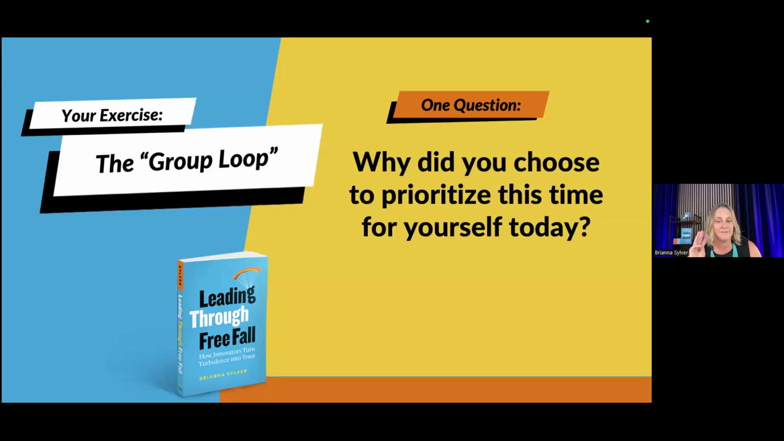Each of you is going to have 3 minutes. If you are the question asker, you're going to say only 2 things throughout the entire time. The first thing is you're going to ask the question: why did you choose to prioritize this time for yourself today? And then the person is going to respond back to you. And whether they respond in 30 seconds, 10 seconds or a minute,